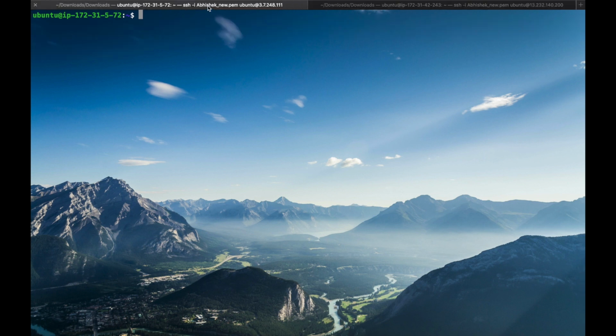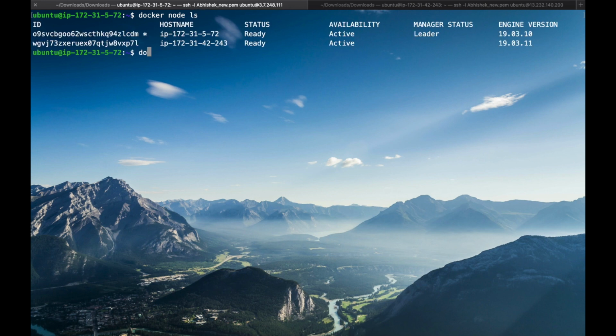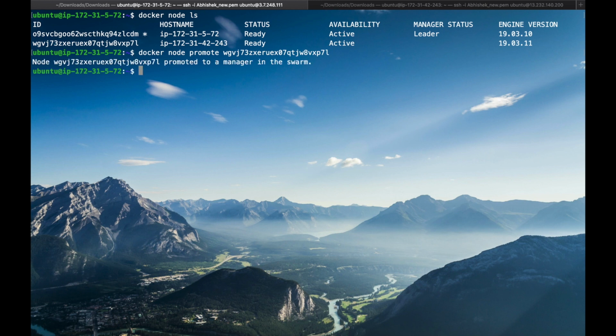The command is docker node promote, and we have to provide the host name or host id. Here we are providing the id. This node becomes a manager once we execute this command, and we can see the node is promoted to manager.